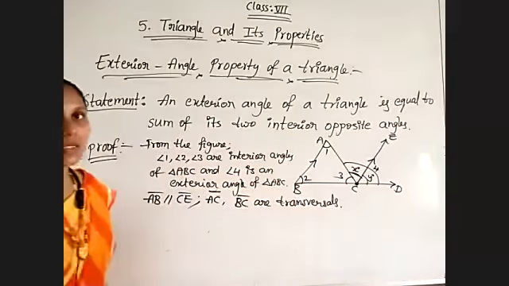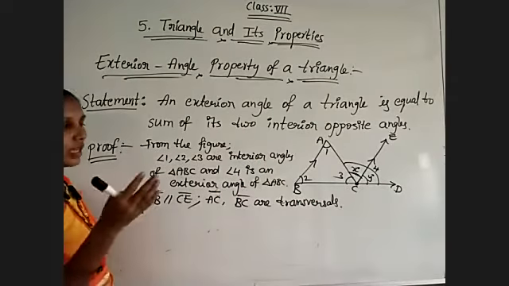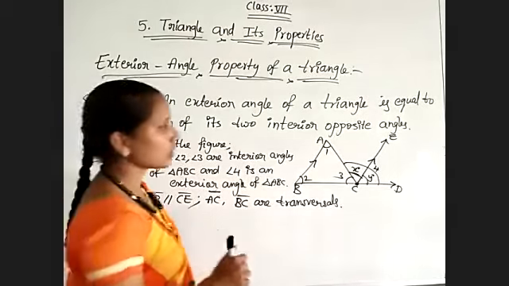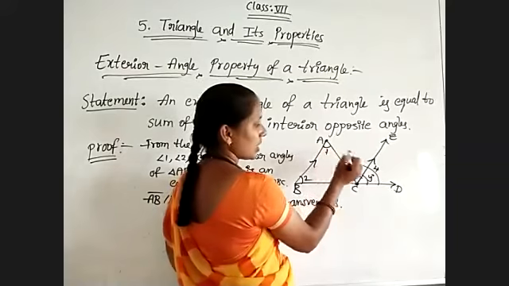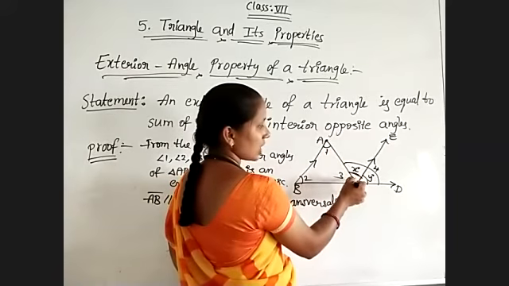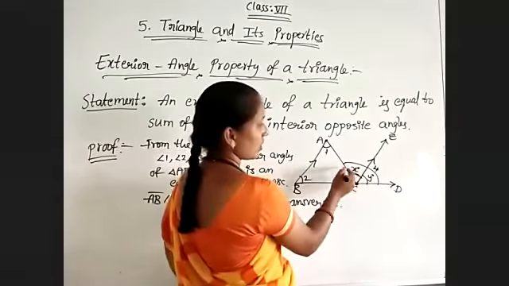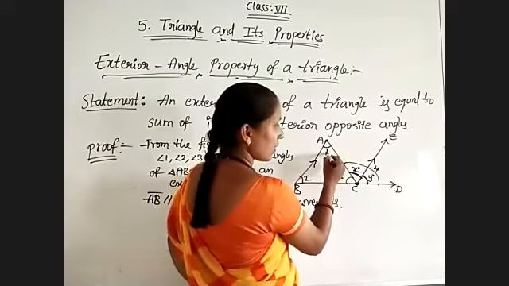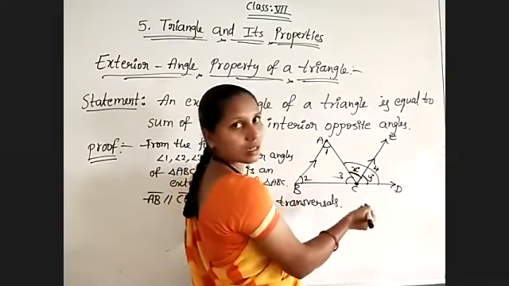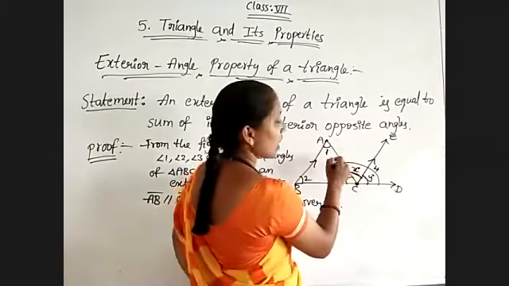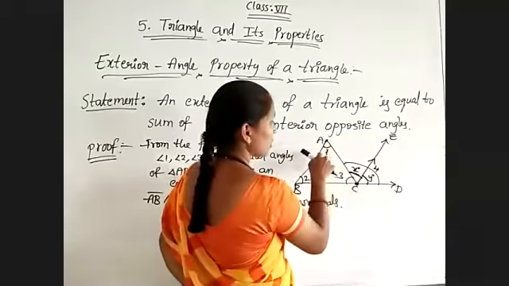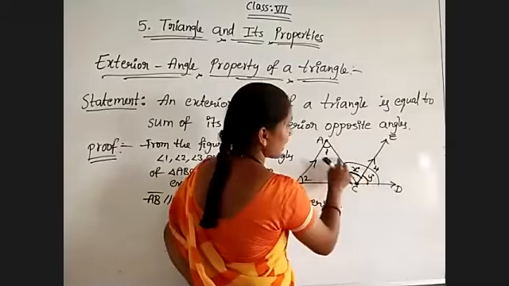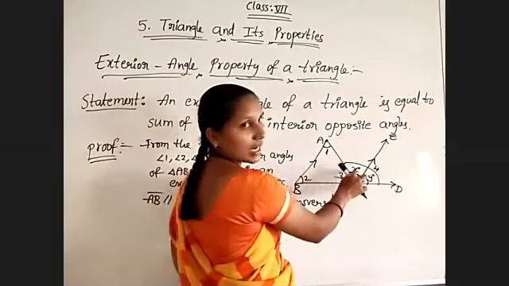So because we are getting transversals, we may be getting alternate or corresponding or co-interior angles. So first observe the transversal AC. At A I have angle 1, and at C, angle 3 is there. But we have to find out x and y. So x and angle 1 are lying either side of the transversal. That means those two are alternate angles, both interior for these two lines.